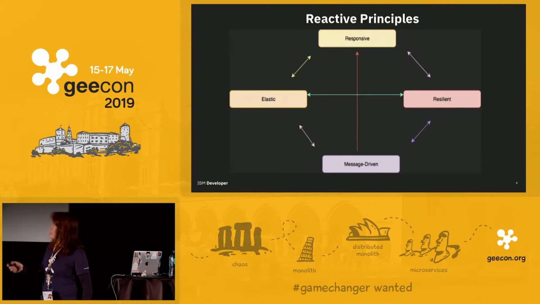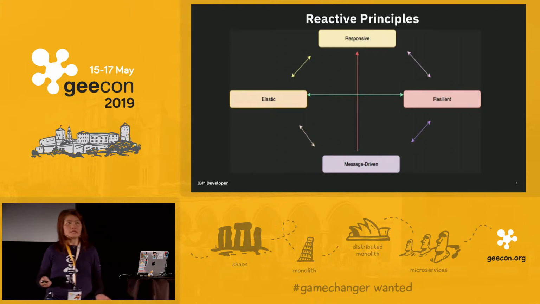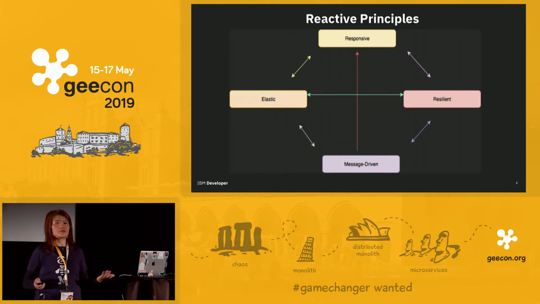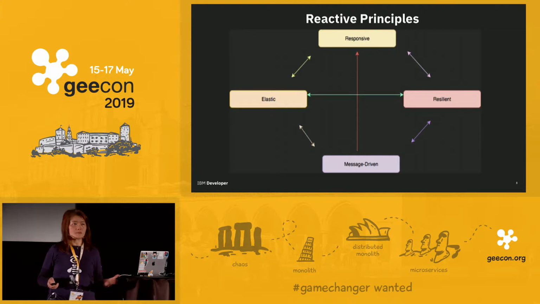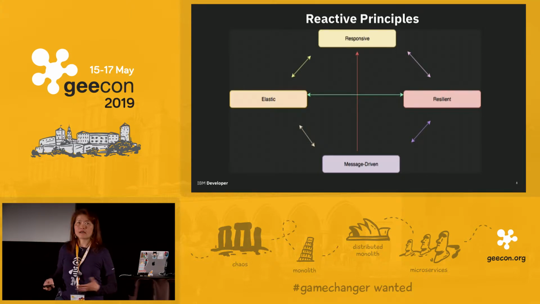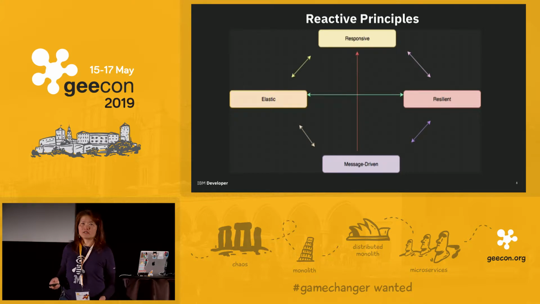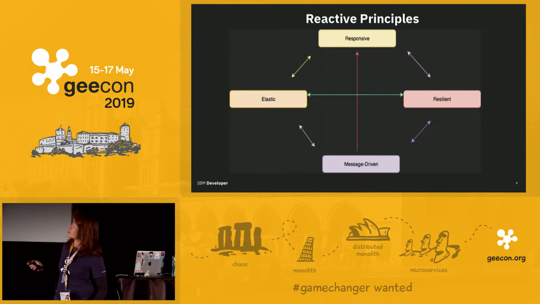So that's elasticity. And then another principle is resiliency. That's a very important part of being reactive. Not only are your systems responsive and elastic, being resilient is really important because it implies how you handle failures. From failures, you should be able to recover very gracefully, and the response time of handling failure also should not degrade. So that's resiliency. And how is it achieved? It's basically by redundancy or replication.